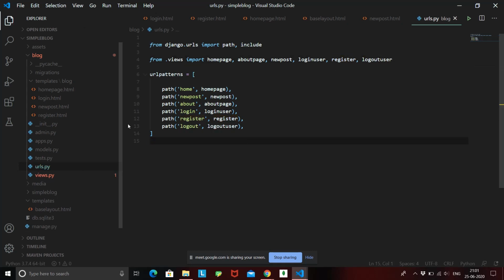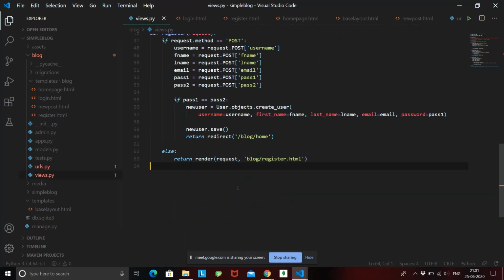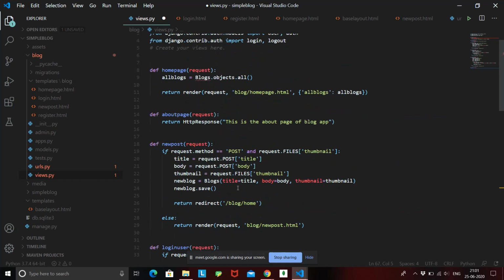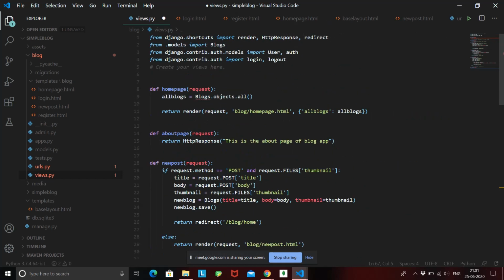Once that is done in the URL part, we need to create this function here. Define logout user. It is going to handle a request. What we need to do over here is very simple, as we have already imported this logout function from django.contrib.auth.